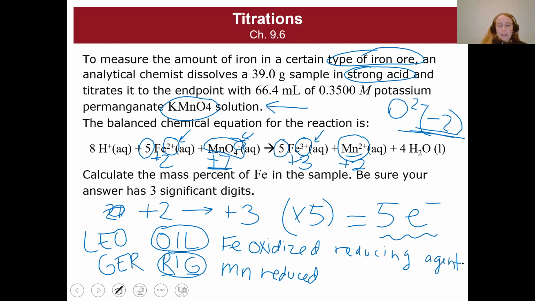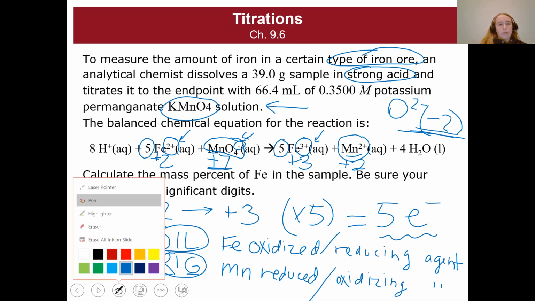The thing that is reduced is the oxidizing agent. Easy peasy. Remember, those two things switch. Those always go together. The thing being oxidized is the reducing agent. The thing being reduced is the oxidizing agent. Cool. That is our review of redox reactions in all of the forms that I can think of, other than